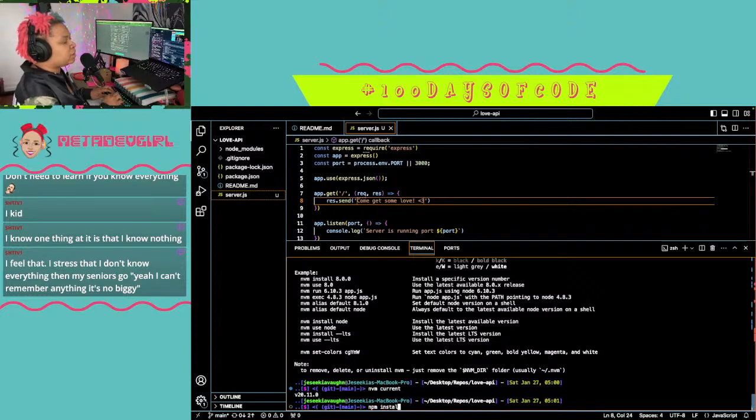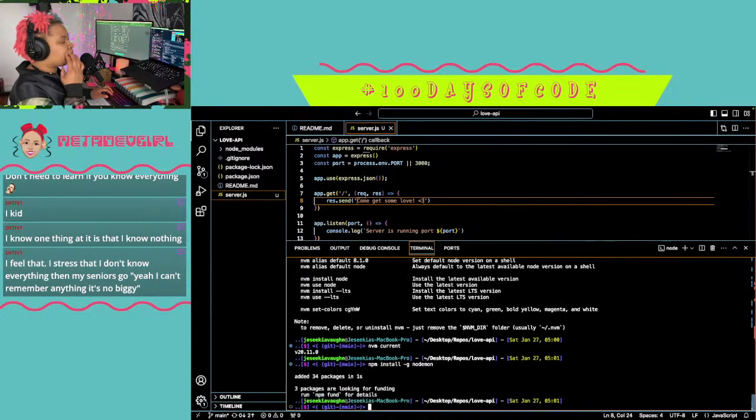So npm install -g nodemon. It's a global install because it's more like a tool that I want to be able to use for all of my different projects, but it's only right now going to be installed for this current version. So when I switch to another version, I'm gonna have to install it. I think that's how that's gonna work.